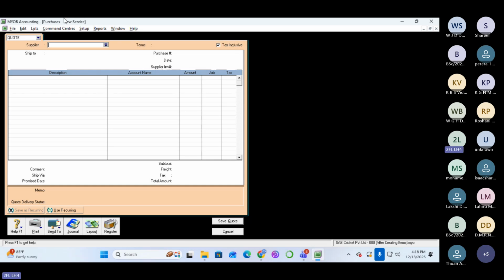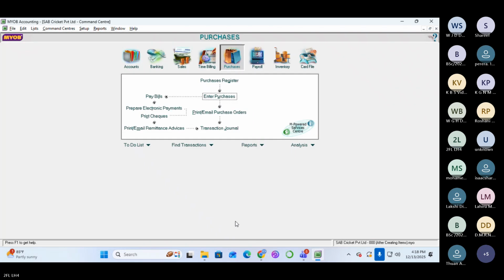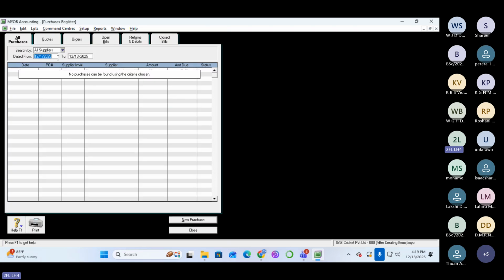Now see, once you record any of the purchase orders, right, you have an option called purchase register. In sales also it's the same. When you record sales, you have sales register. In purchases, you have the purchase register. You can go to the purchase register, and you have to set the date range properly, from which date to which date purchases you need. So I'm selecting the first date of our year, April 1st,